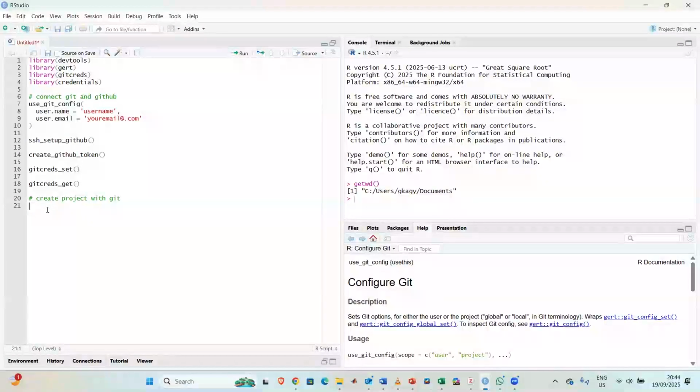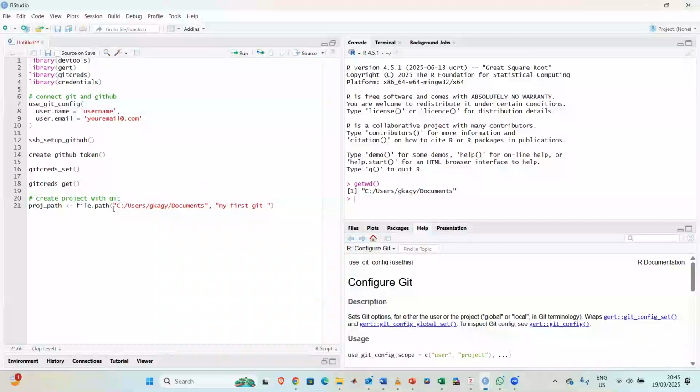Or I can still use my desktop, but let me just use this. So I do project path. So I'm going to create a path for the project. Then I'll type file.path, then I'll put in this file path in quotation marks. And then the name of the repo or the name of the project. So the name of the project, my first